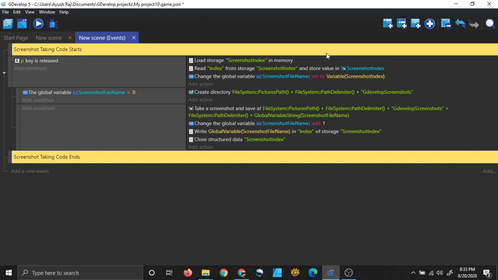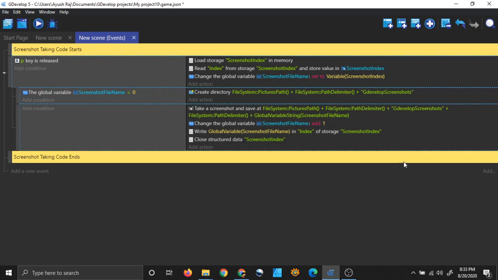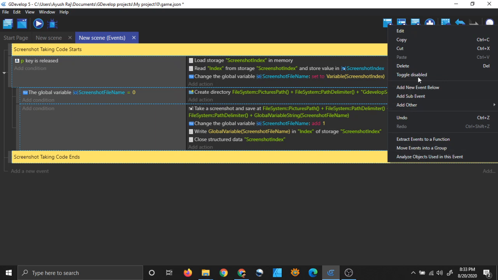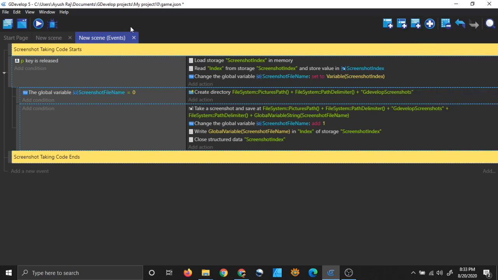So simply open the project, click here and shift click here, and right click and copy, and then you can close the project, open your project and simply paste the actions in your project.